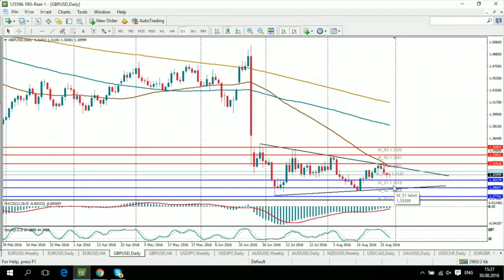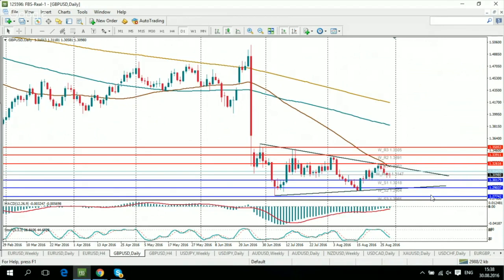We have the release of British PMIs, and actually there are reasons to believe that this data will disappoint. Manufacturing PMI was weak in July and is likely to come below the 50-point mark, which marks industry contraction, also for August. So if this British data comes negative, and if US non-farm payrolls come rather good, then we'll get probably a chance to test levels below 1.30,